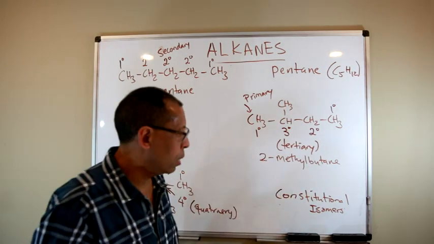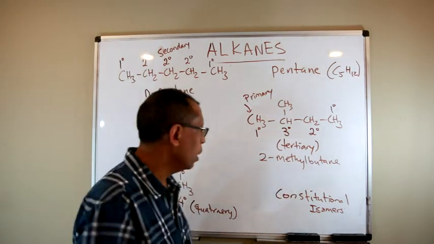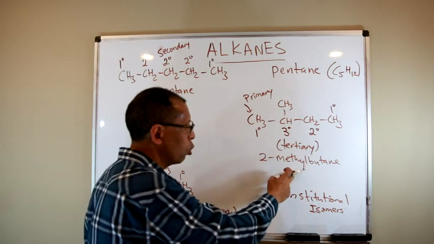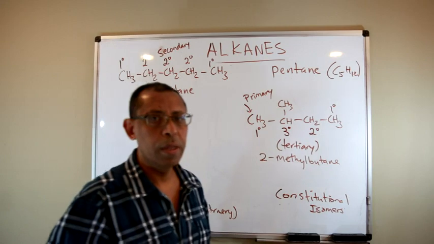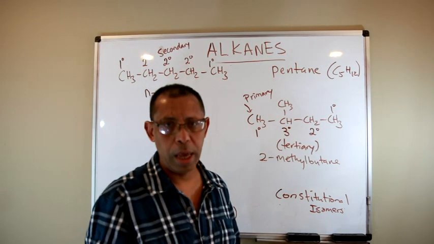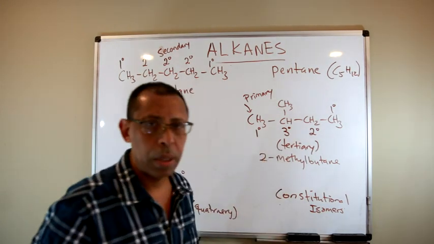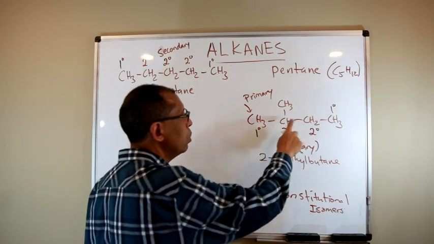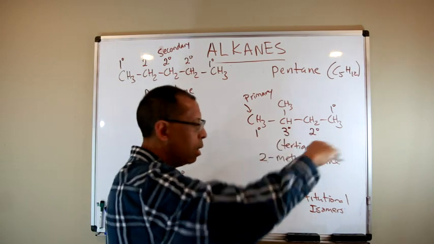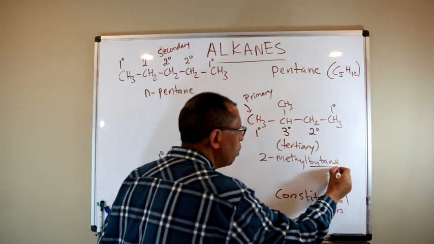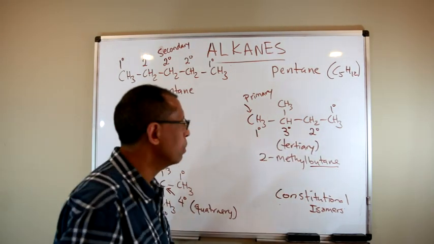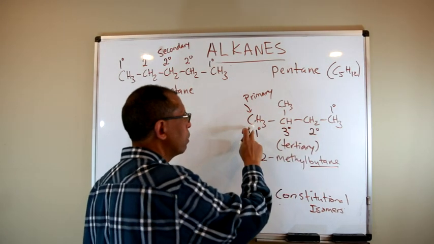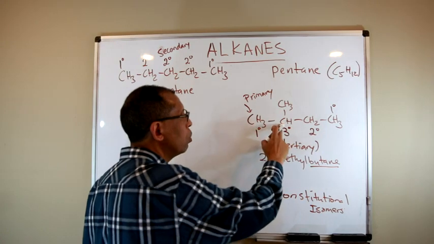2-methyl butane. Now let me explain this. The 2 tells you where the methyl group is. First of all, you should identify the longest chain possible in this compound. The longest possible chain is 1, 2, 3, 4. That is straight, so that would be the butane. That is the base. But at position 2, if you just count from here, 1, 2, at position 2